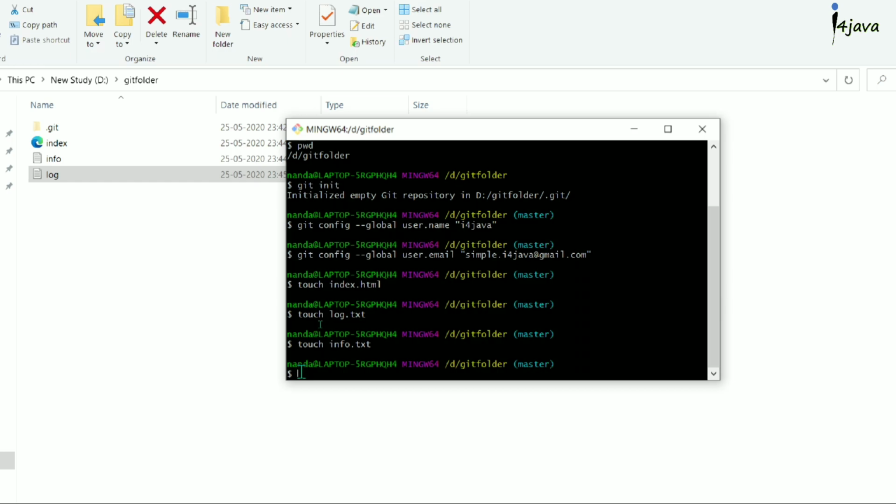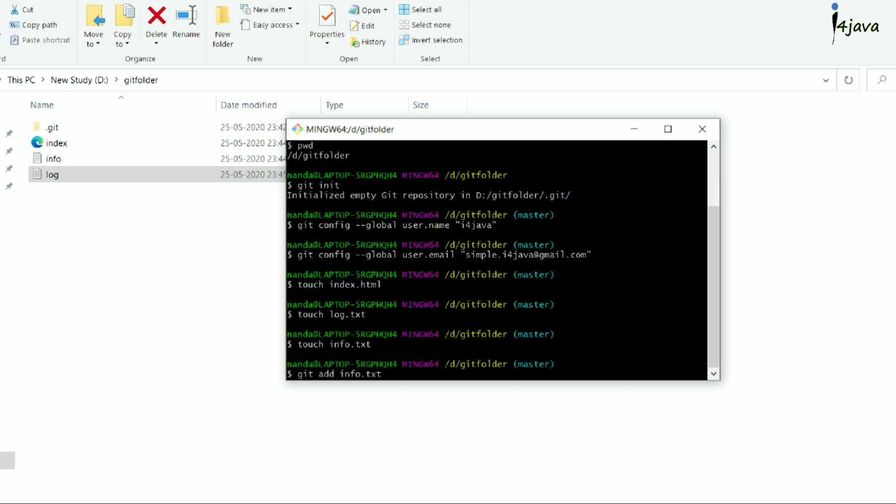To add this file in a staging area, we have to use the command called git add. Suppose if we want to add any particular file, we have to write the name of the file here, like the .txt file. So that file will come into the staging area.